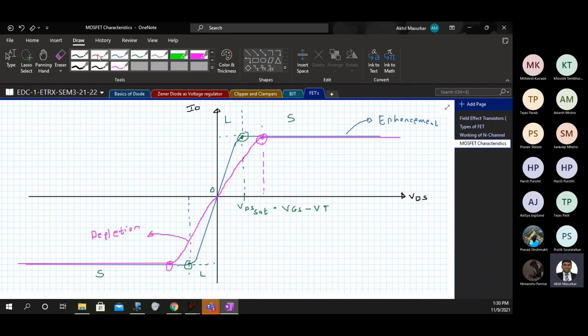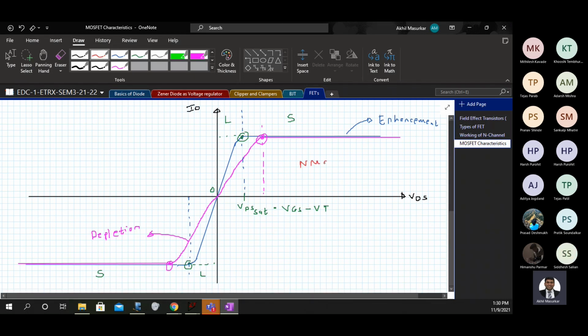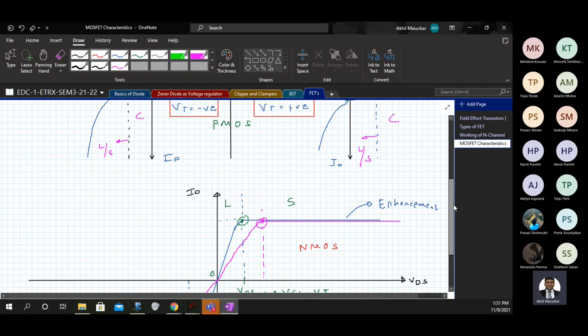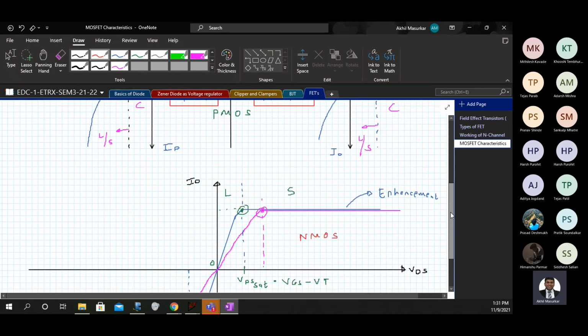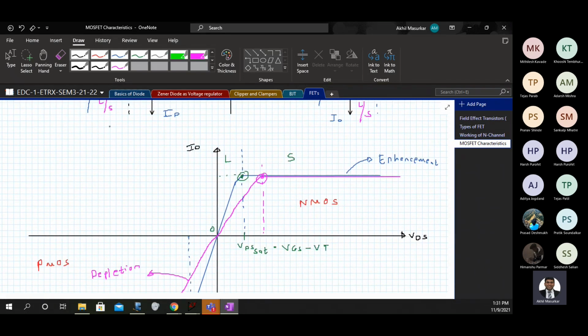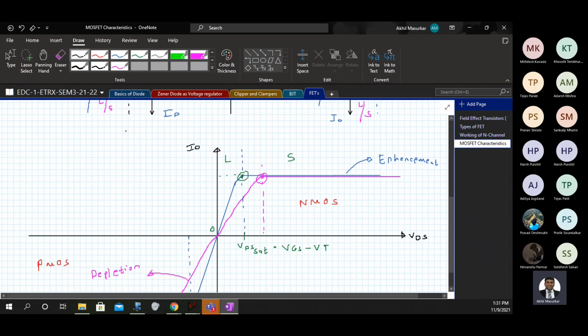And this side, first quadrant, is for NMOS. So this is NMOS enhancement, NMOS depletion, and this is PMOS enhancement and PMOS depletion. These are the characteristics that we have to plot. These are the input characteristics and these are the output characteristics.